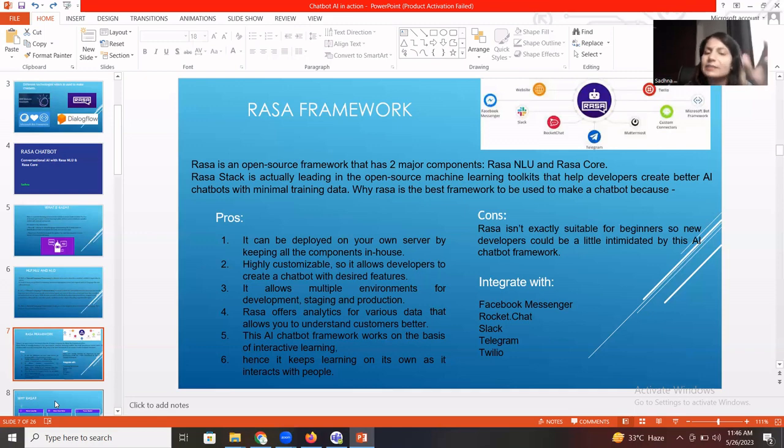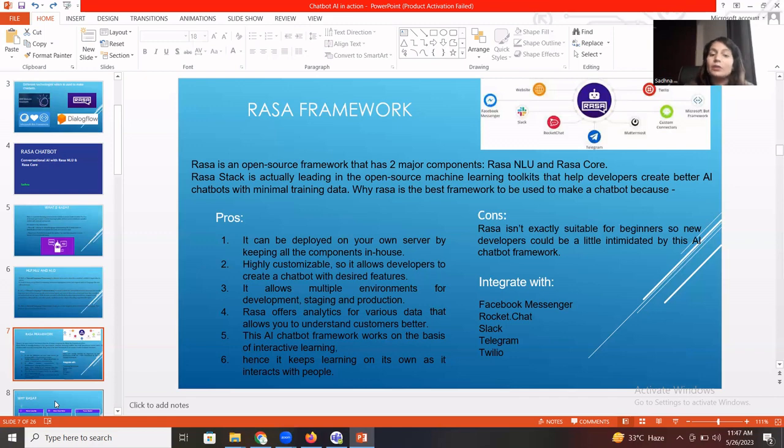Next, it is highly customizable. As I said, it's up to you how you want to customize it. There is a lot of customization scope in Rasa. You can add different features and write custom actions using Python, or maybe Node.js. We call that the backend of Rasa.